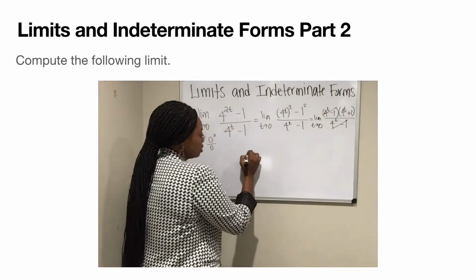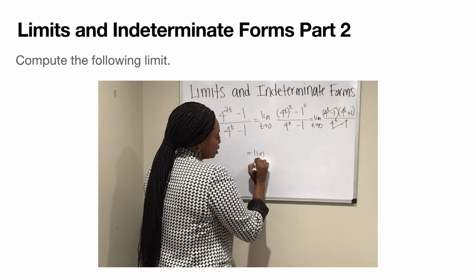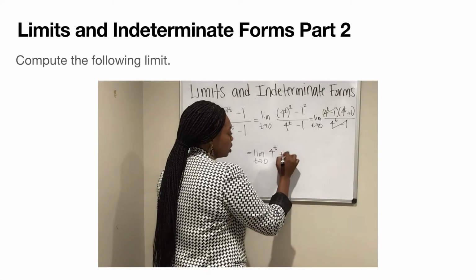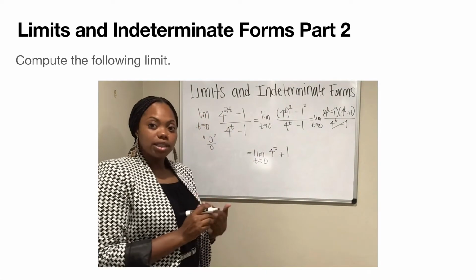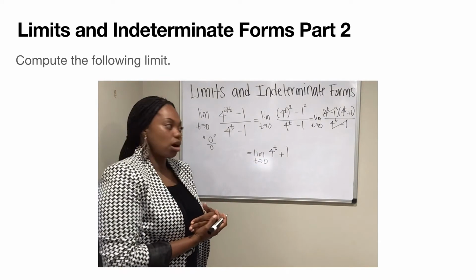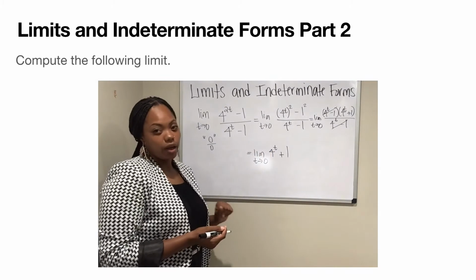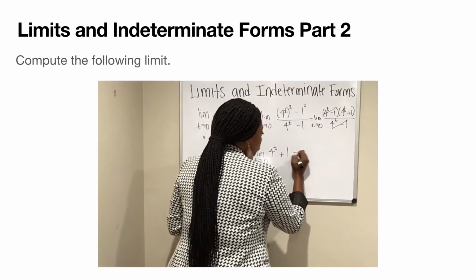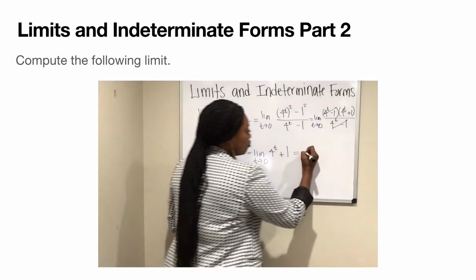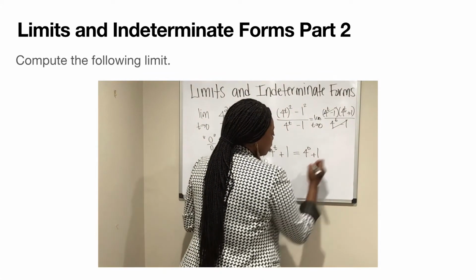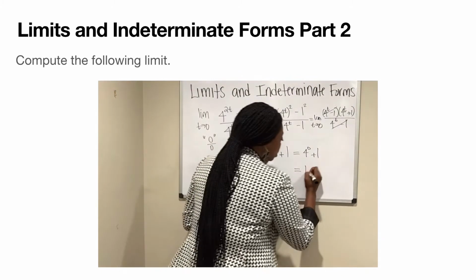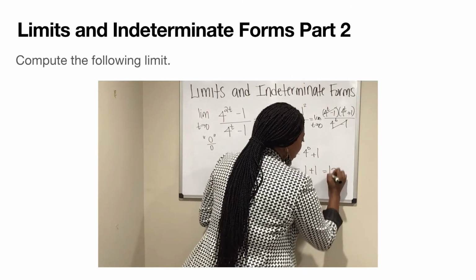So this now gives us the limit as t approaches 0 of just the function 4^t + 1. Now, when we attempt to compute this limit, we no longer have a denominator and we're not running into any problems. So when we go ahead and evaluate it at t equal to 0, we're not going to write our limit symbol because we're going to compute the limit now. We'll get 4^0 + 1. Anything to the 0 power is 1, so we'll get 1 plus 1,